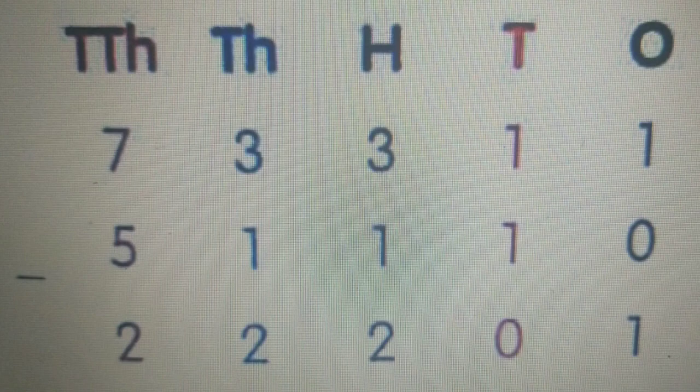Again on the hundreds place, we find that after subtracting 1 from 3, 2 comes out. Again moving on to the thousands place, 1 from 3, we get 2 in the thousands place, and at the last place we subtract 5 from 7 and we get 2 on the 10,000 place. So our answer comes out here to be 22,201. So in this way you can carry out the sum and difference together. You just have to keep in mind the steps you have to follow.